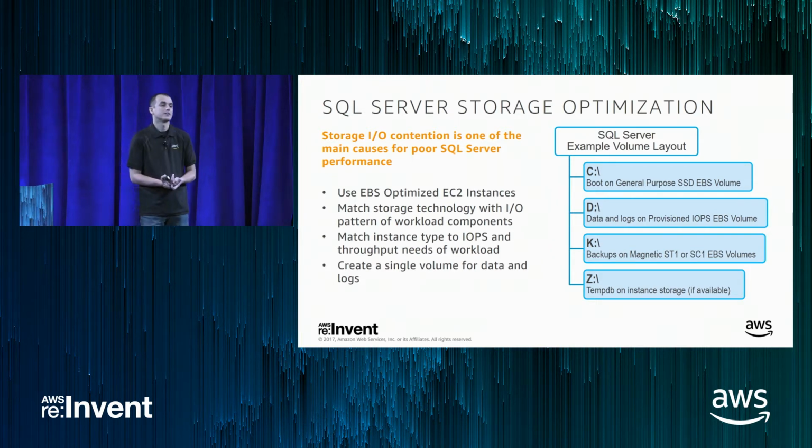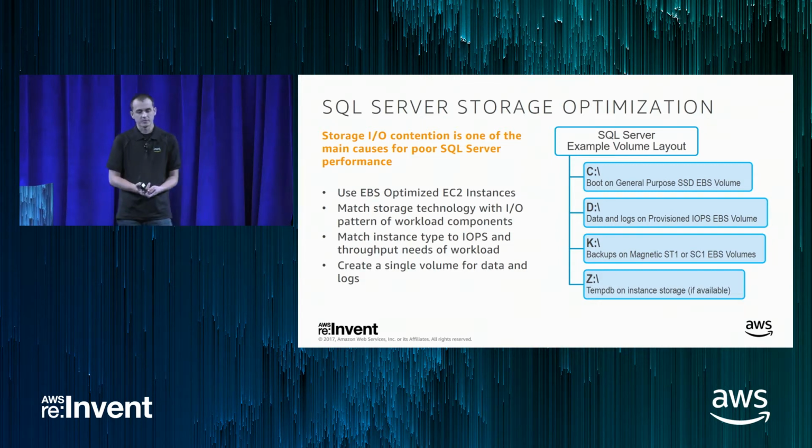On top of that, you've got different EC2 instance types. The newer instance types all have EBS optimization, which is a single dedicated channel for storage I/O. That also has, based on the instance type, different throughput and I/O capabilities. In a way, it's great because it allows you to use the right storage technology for the right aspect